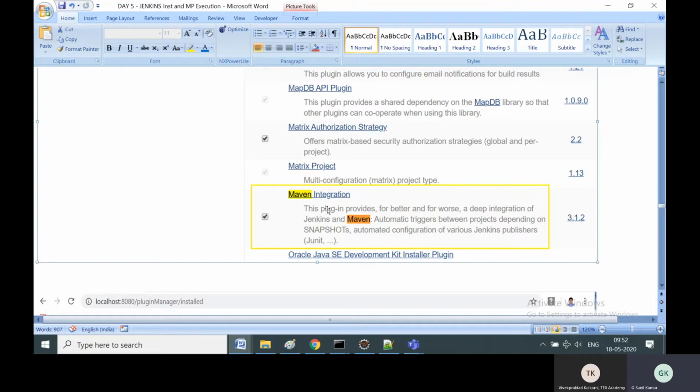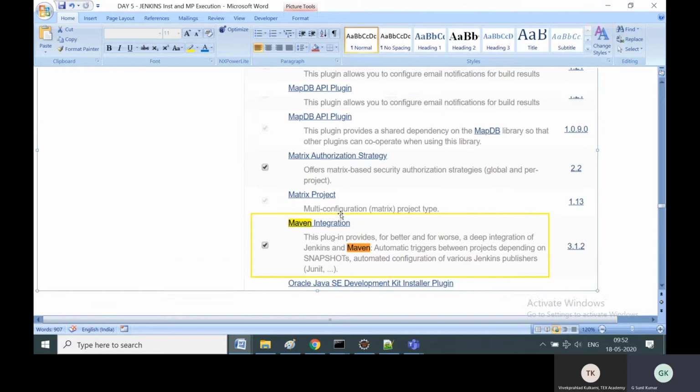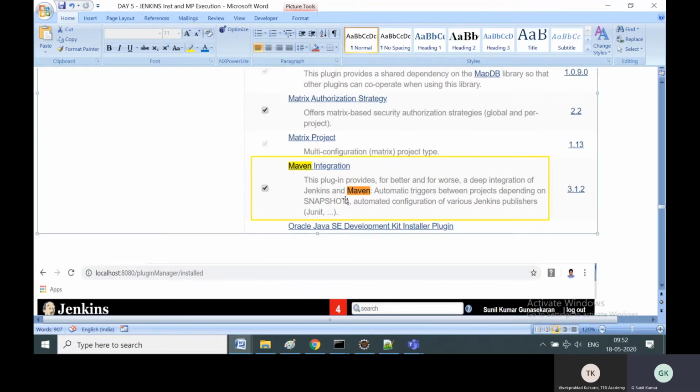Only with the help of this Maven plugin will Jenkins be able to automatically execute the Maven commands, because Maven commands will be provided in the Windows batch command section, or in the goal section, and this plugin will be required to execute that Maven command. Otherwise, Jenkins won't be able to execute the Maven command. It will say unknown command Maven. It will return that error.